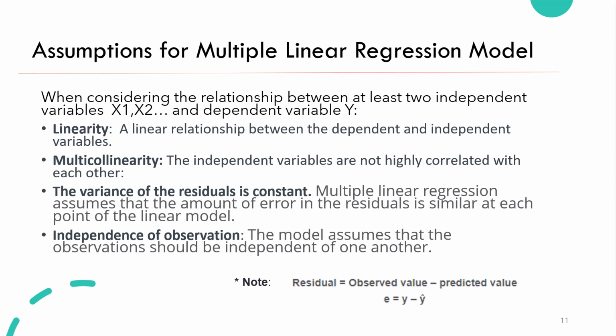And the last assumption is the independence of observations. The model assumes that observations should be independent of one another. Simply put, the model assumes that the values of the residuals are independent. To test this, we can use the Durbin-Watson statistic. If you use SPSS to calculate the statistic,